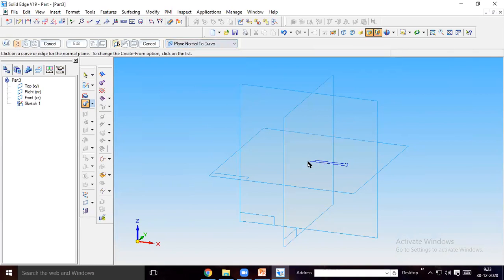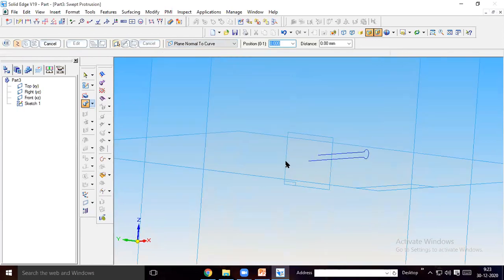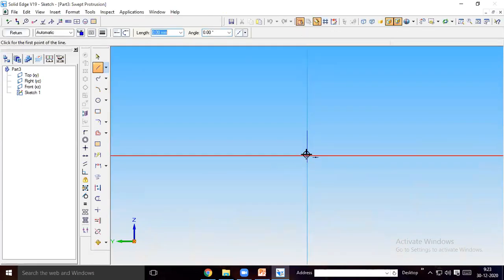Select plane normal to curve. Select this point. We started the line at this point, the intersection of the horizontal and vertical plane.